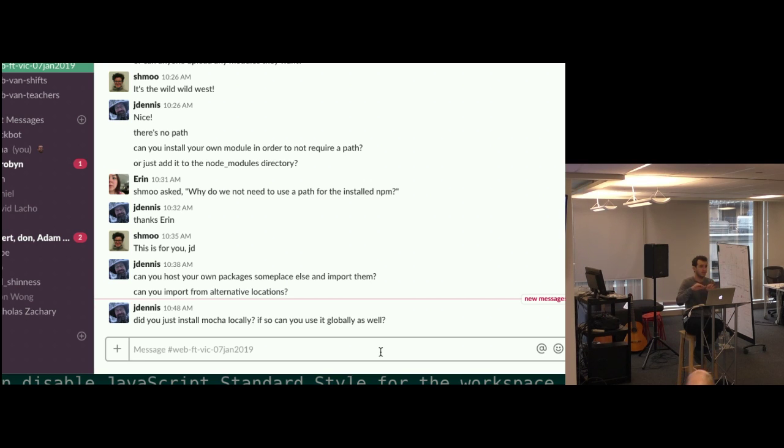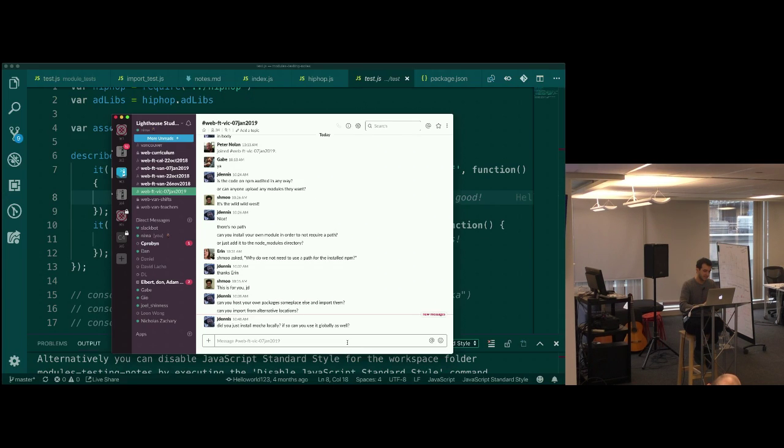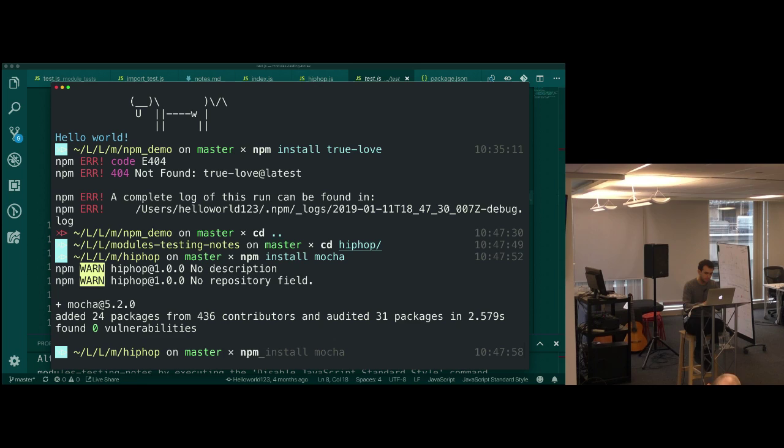If you just go npm install and then the name of the thing, that will only be installed in the node modules for that one project. If instead you go npm install -g, this is going to install that module to make it available for any project on your computer, right? This is not always useful, because we might want different versions of a module for different projects. So -g is not always the best thing to do.